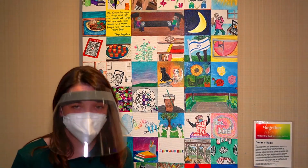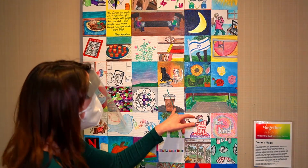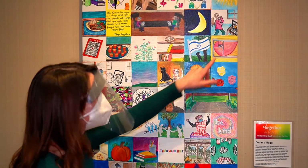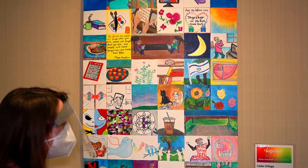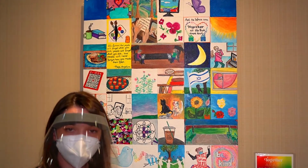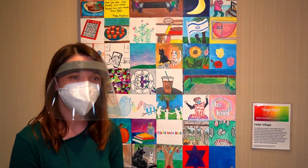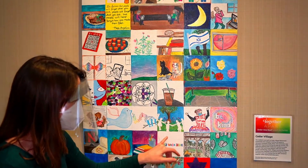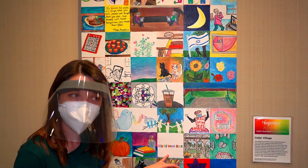So we had all kinds of things included, from drinking iced coffee to playing with cats to doing virtual Tai Chi. And each square tells a story about someone's experience over these last few months. We also have glimpses of how we have tried to bring joy and hope around the building with window murals, a Heroes Work Here sign that was created for out in front of our building,